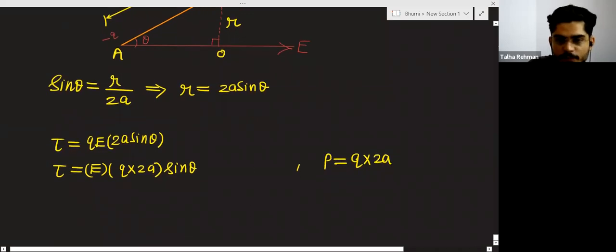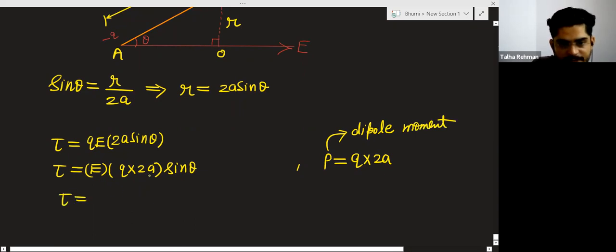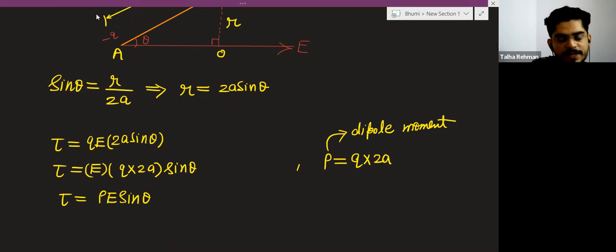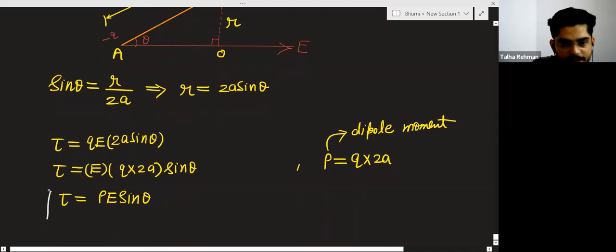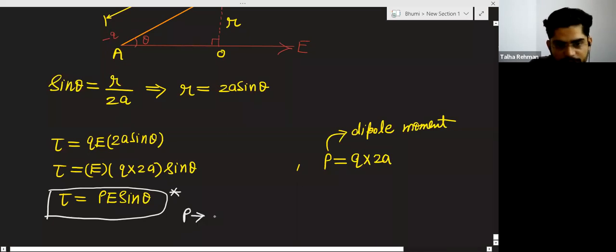This is dipole moment, P is dipole moment, and from here we can write tau, this is P, this is E, this is sine theta. So torque generated when an electric dipole is placed in electric field is given by PE sine theta, and theta is the angle, P is the dipole moment,